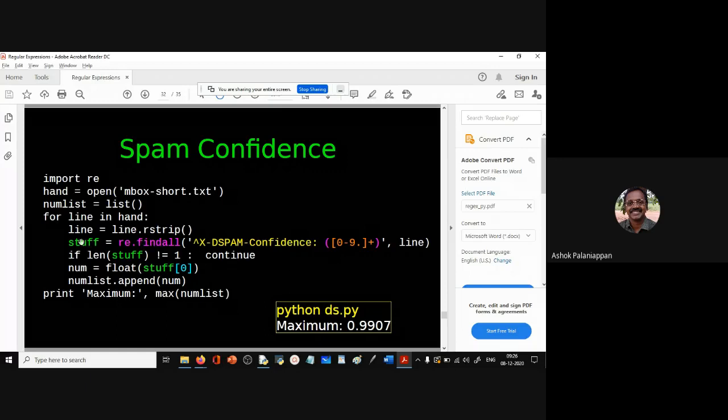So that is now there in my stuff. Now we just take the one element in the stuff and assign it to num, and that num we append to a num list. Now the num list contains all the confidence scores. Once you're done with the processing, come outside the loop and you say max of num list. That will give you the maximum confidence level that is there in your emails. Is that clear to everyone?